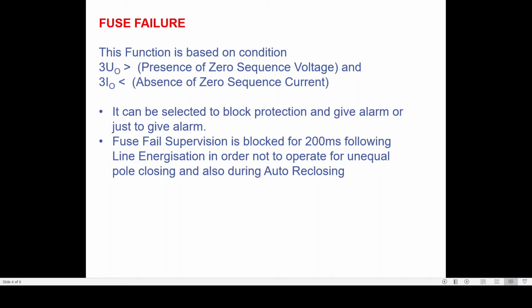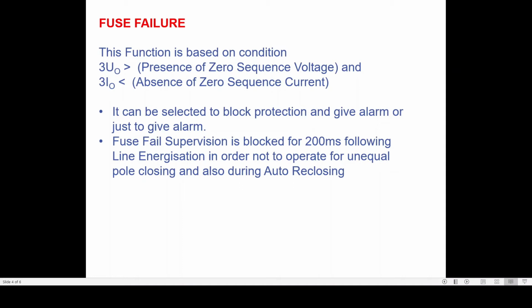It is a possibility that your distance protection might issue incorrect tripping if you are not blocking, or if the distance protection is not able to distinguish between a fuse failure condition and a fault condition. It will generally issue a trip command in the case of fuse failure itself, but that is not desirable. You cannot trip a transmission line when there is a fuse failure in your secondary circuit.